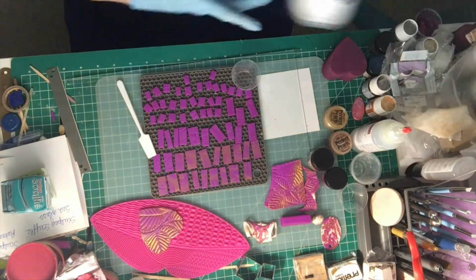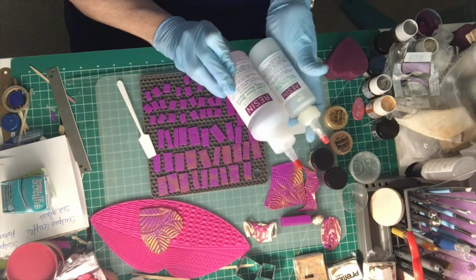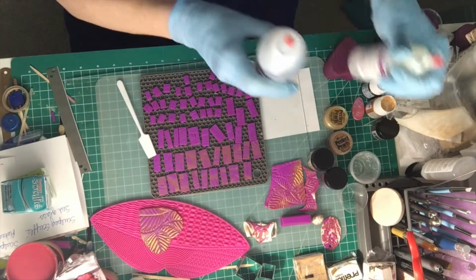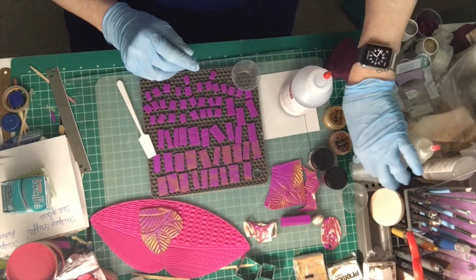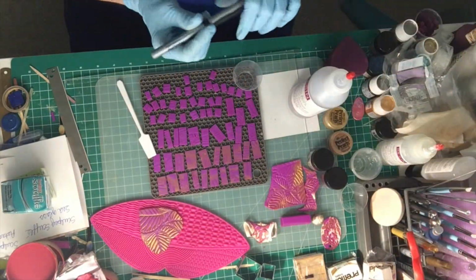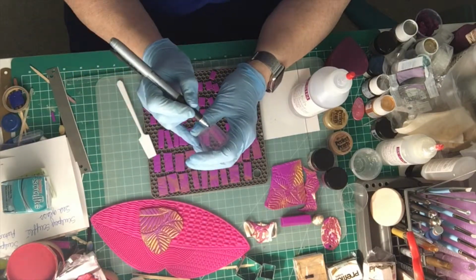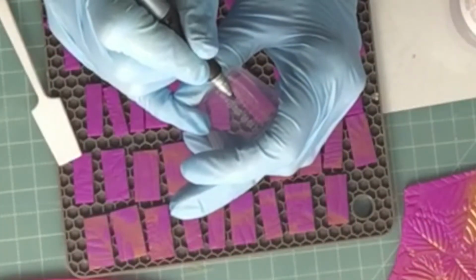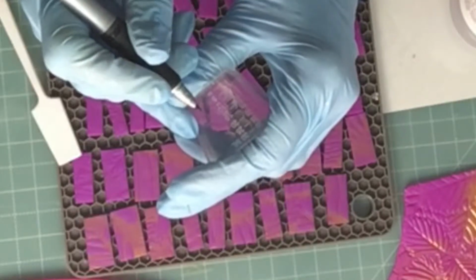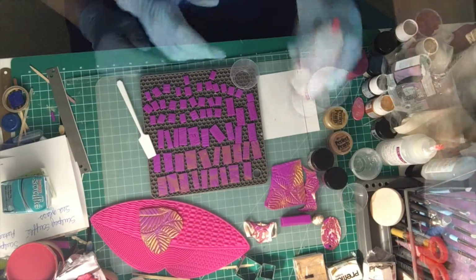And currently my favorite resin is Resin Obsession's Super Clear. It's a 2-to-1 ratio, so you have to get a little bit mathy here. How I do that, so we have 2 parts resin to 1 part hardener. So I go on here and I figure how much we're going to need. So I'm going to use 10 milliliters of resin and 5 milliliters of hardener, and I mark my mixing cup with a magic marker,